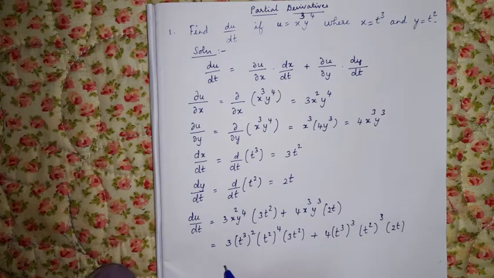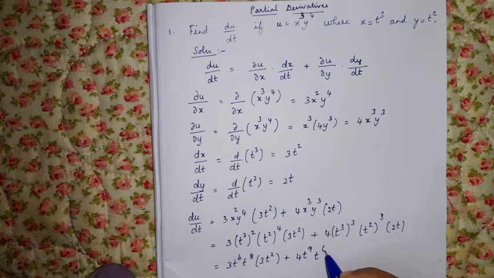Now simplify this. You have t power 6 here. So 3 into t power 6 into t power 8 into 3 into t square plus 4 into t power 9, t power 6 into 2t, which is equal to